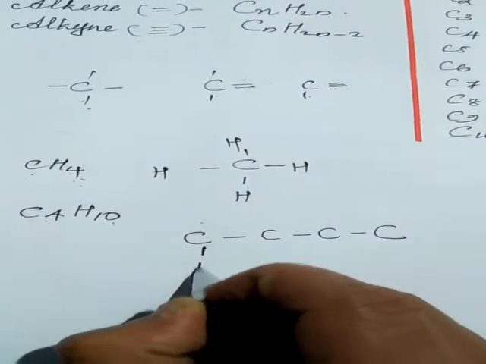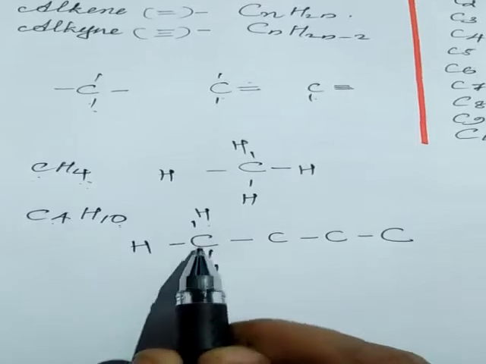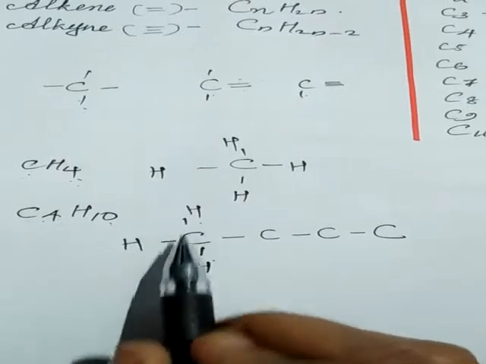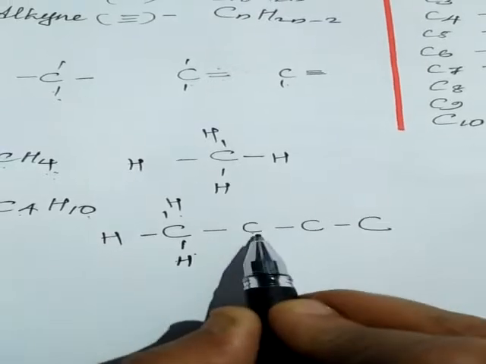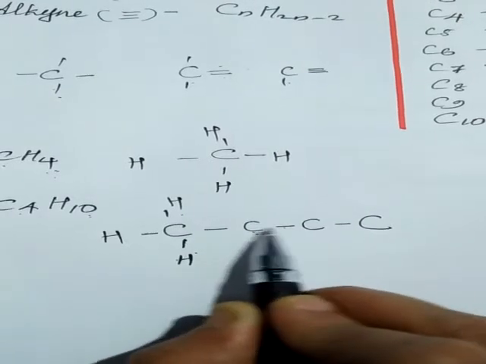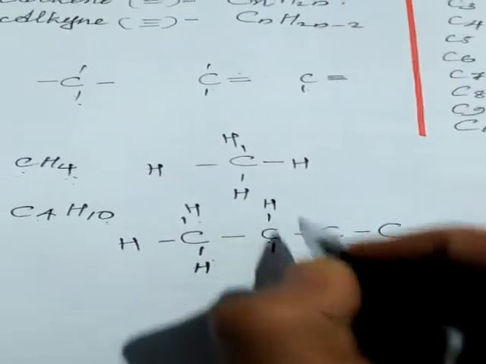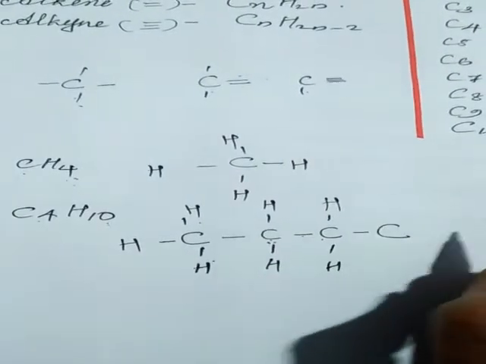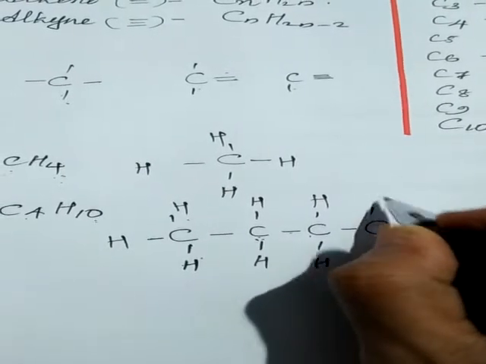So the remaining 3 can be filled by using hydrogen. So let us start. 1 hydrogen, 1 and another one here. Now you can see in this case, this carbon atom completed its valency, 4 valency. In this, 3 with hydrogen and 1 with another carbon. And in the case of the second carbon, you can see that both sides are completed by different electrons. So the other 2 we have to fill using hydrogen. Next one also has the same condition, so we can fill it using hydrogen. Here, as with the first one, only 1 electron is shared. So the rest we can fill.